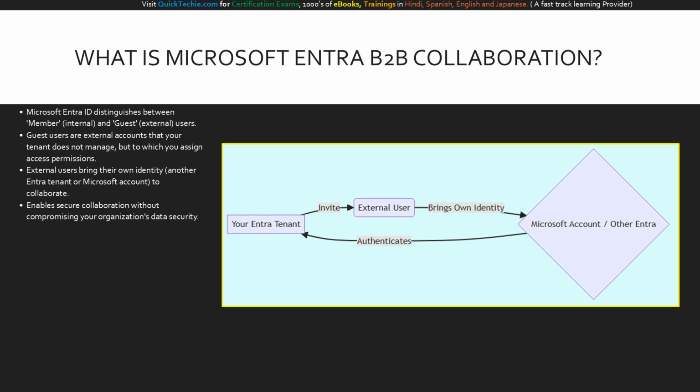In Microsoft Entra ID, user accounts are fundamentally categorized as either member users or guest users. Member users are the traditional accounts that your own Microsoft Entra tenant actively manages. On the other hand, guest users are external accounts that your tenant does not manage, but to which you deliberately assign permissions. These guest accounts are often created automatically when your employees share content, like a OneDrive file, with someone